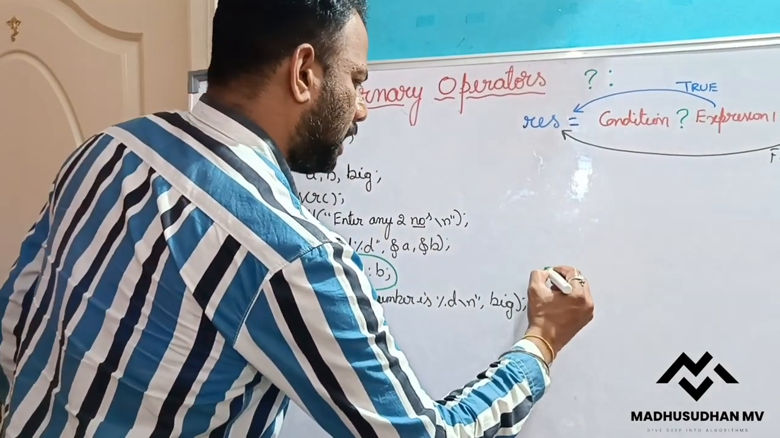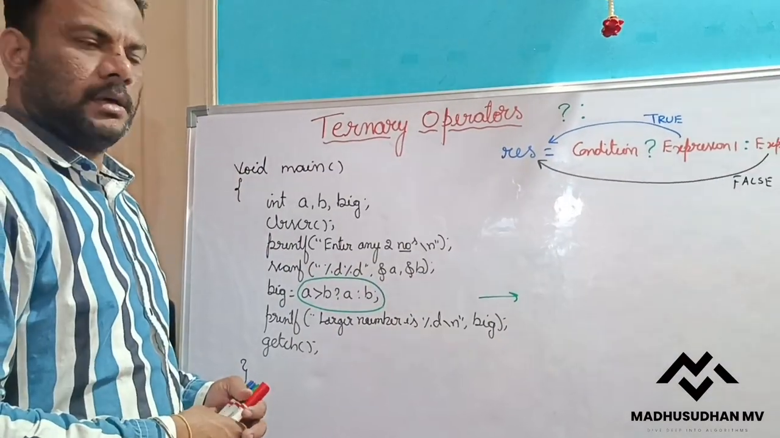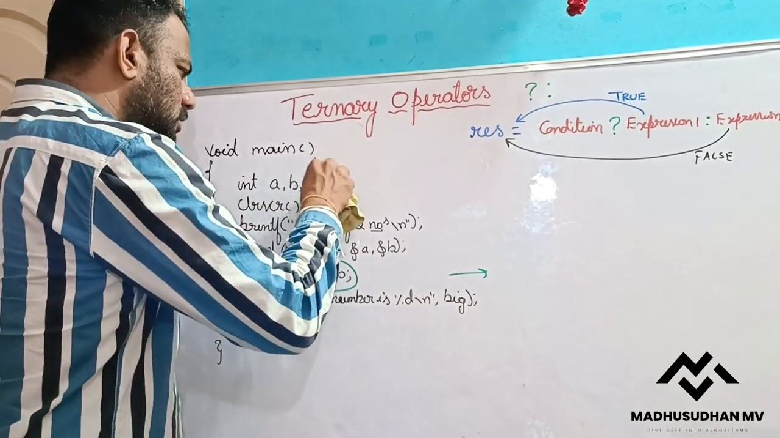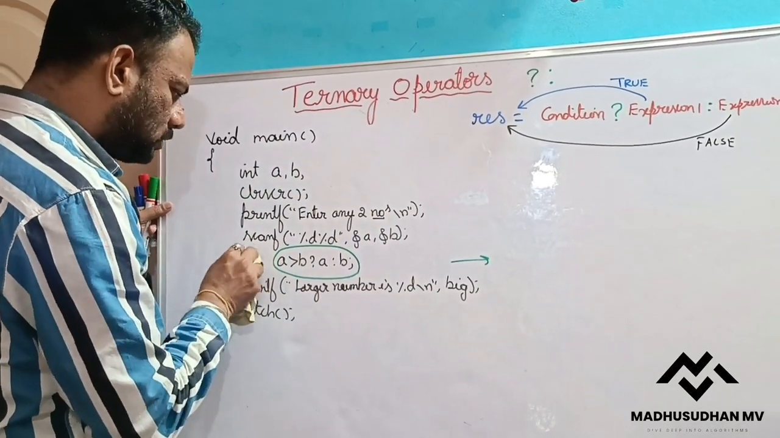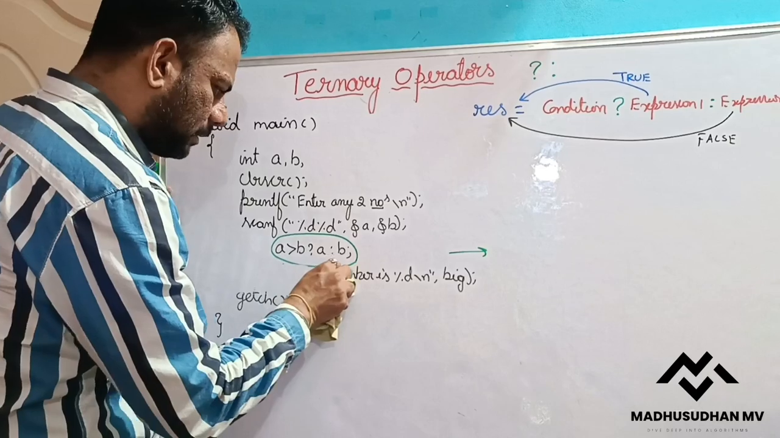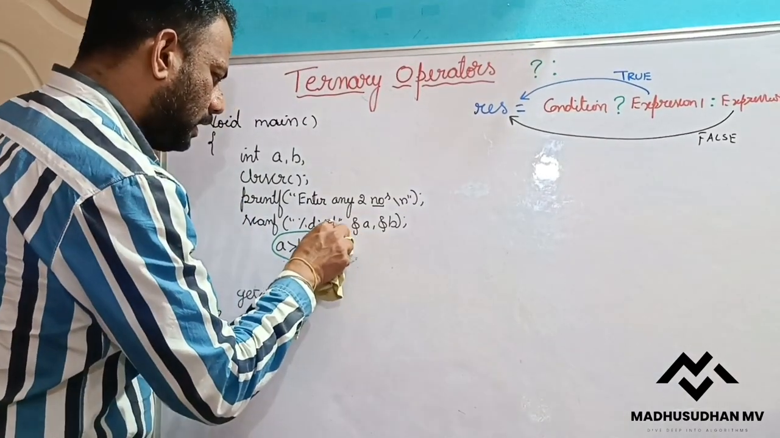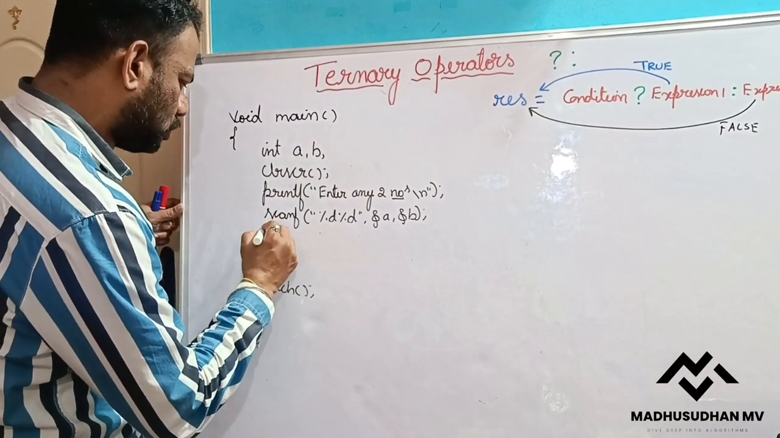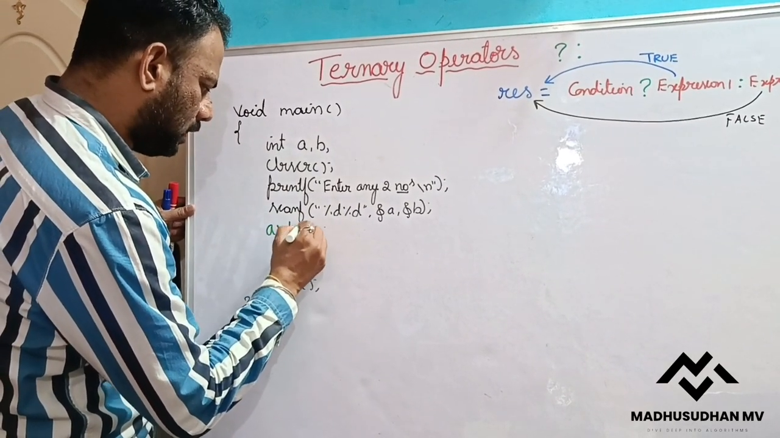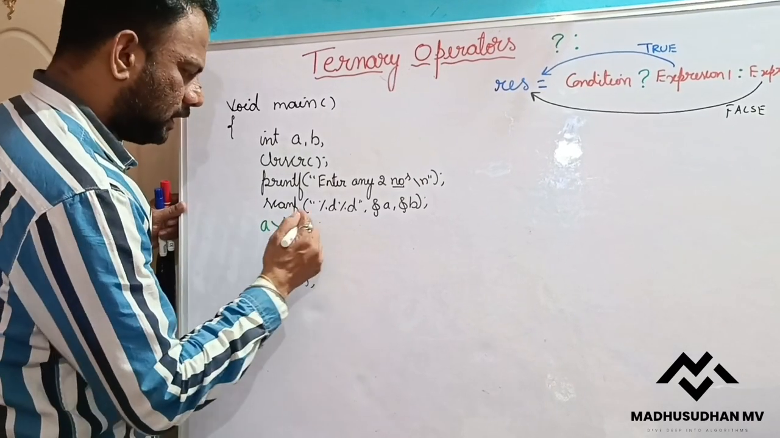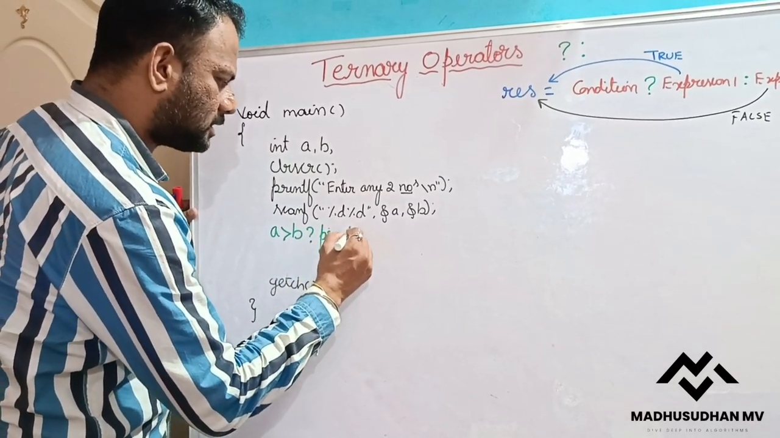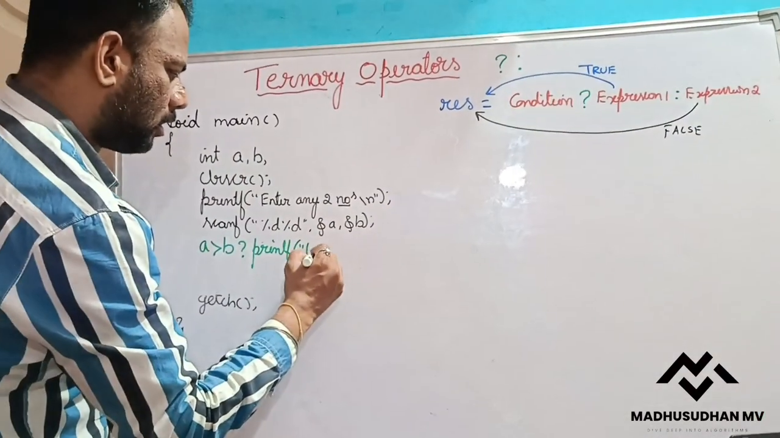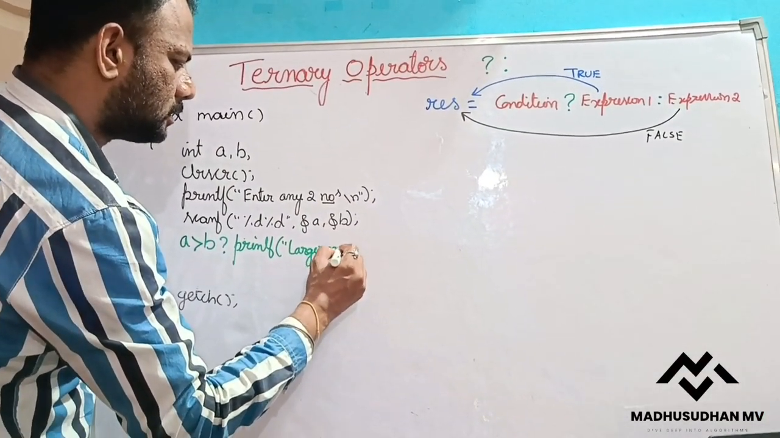Now I can change the same thing. Instead of using the variable big here, I won't use this variable big. I'm not printing separately; here only I will print. Instead of this statement, I will do the same thing: A greater than B, then question mark. I'm checking if the condition is true, and in the place of expression 1, I am printing A is bigger. So printf larger number is